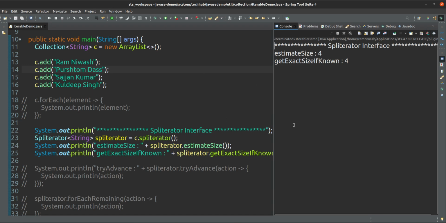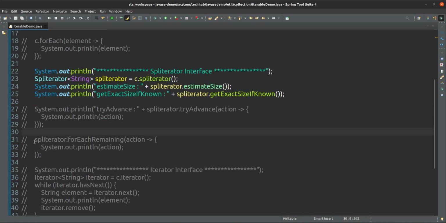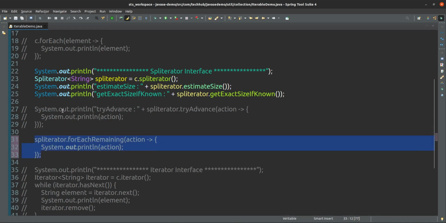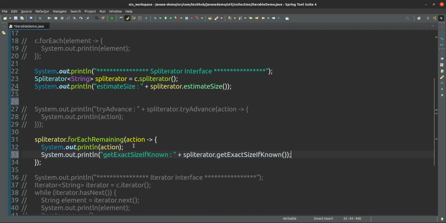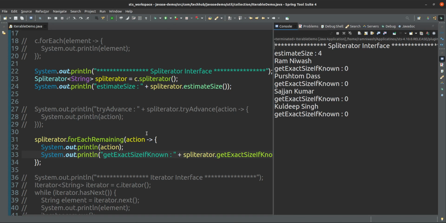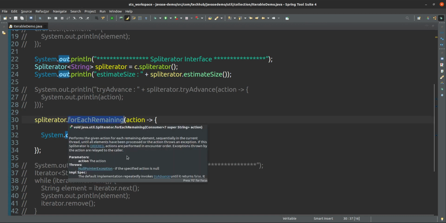Get exact size if known, means if I have iterated one element, in that case that size will be different. Get exact size if known. Okay, so this one is Spliterator, and Spliterator has forEachRemaining.